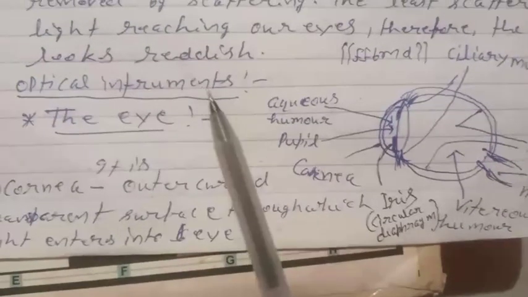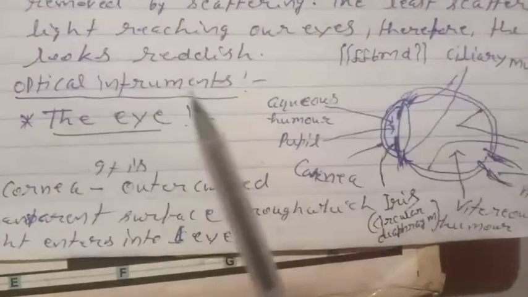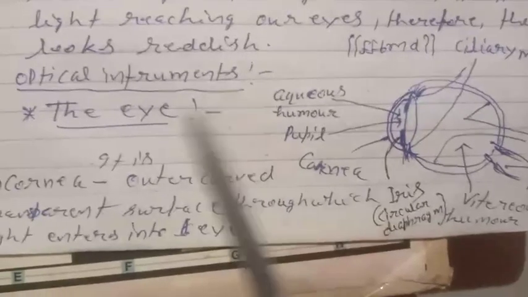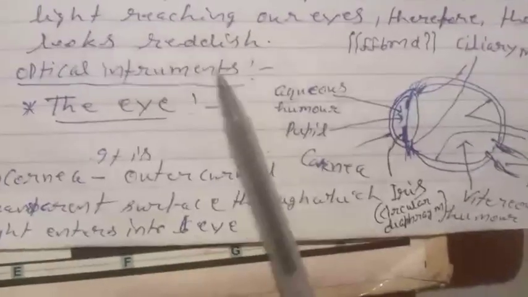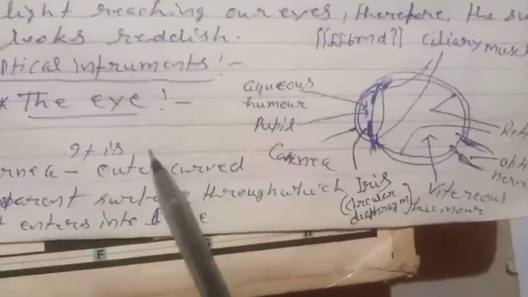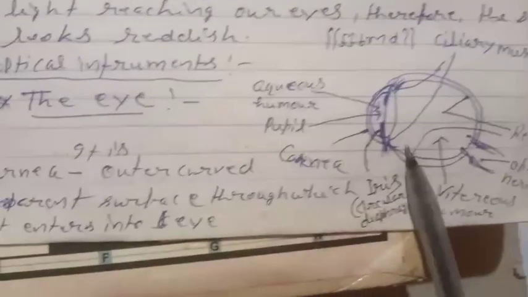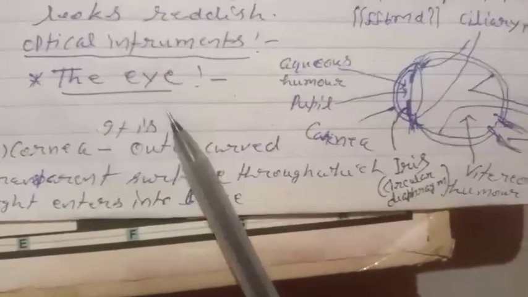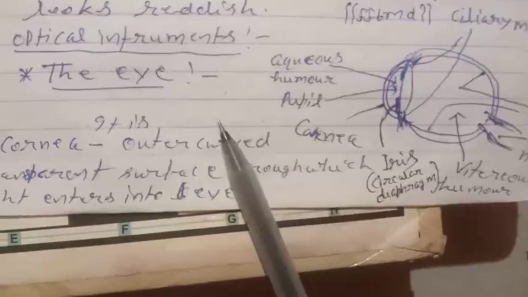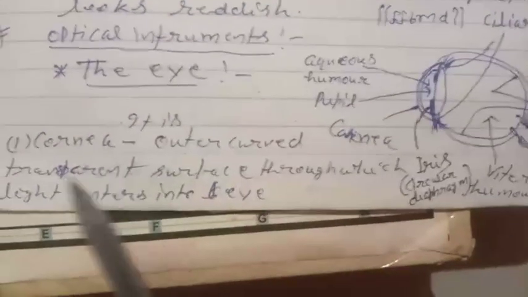Optical instruments, the eye. Here we are studying about the eye. This is also an optical instrument. There are different parts of the eye. We will discuss one by one. First one,